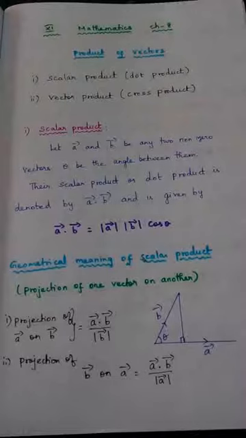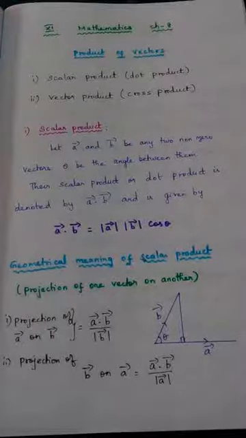This is 11th standard mathematics, and we are in chapter number 8, vector algebra. I think you remember that we come across direction ratios, direction cosines, how to find direction ratios and direction cosines of a vector, as well as how to prove that three or more vectors are coplanar, and also how to prove that the given vectors form an equilateral triangle or right angle triangle or isosceles triangle.